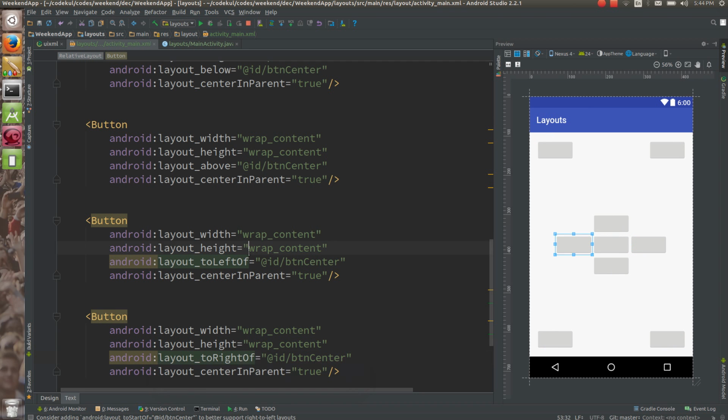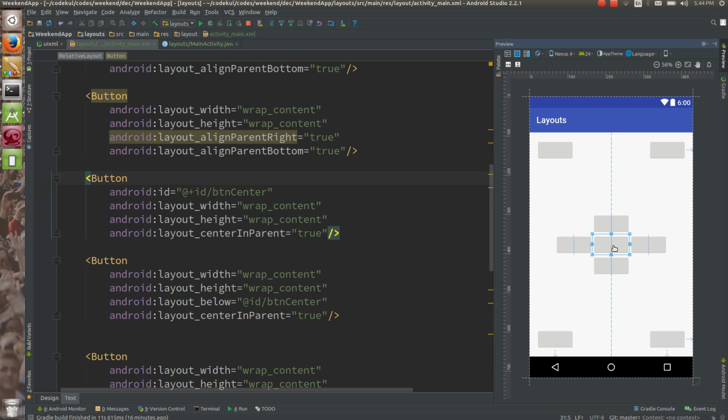It is very difficult using linear layout, but you made it very simple. Now I want to disable this. I don't want it to be present over here. Now see, every view has three visibility properties: visible, invisible, and gone. By default, a view is visible.